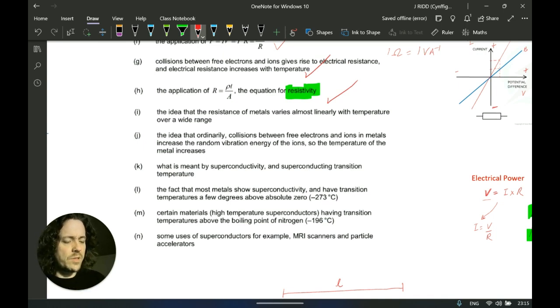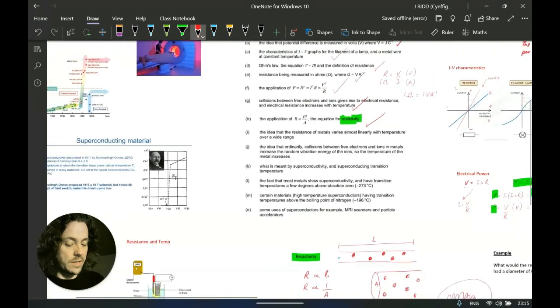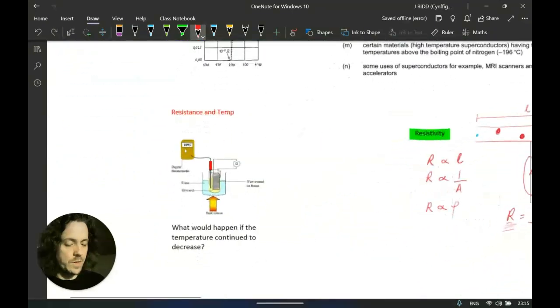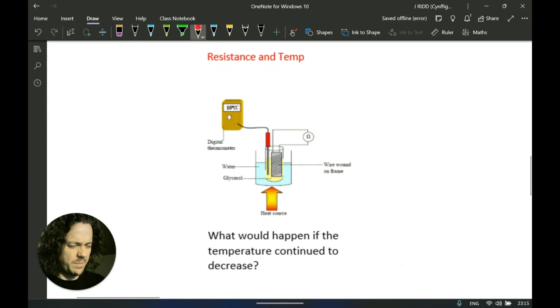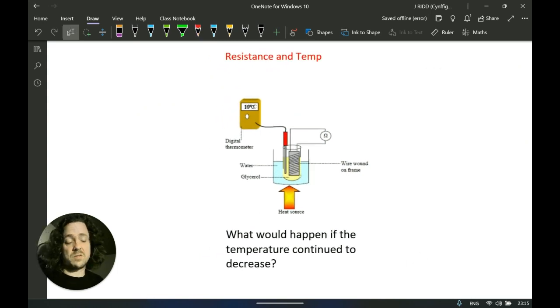The idea that the resistance of metals varies almost linearly with temperature over a wide range. Let's take a little look at that. Yeah? So this experiment you may or may not have done, and it's, as it says on the tin, an experiment which investigates the relationship between resistance and temperature, and you